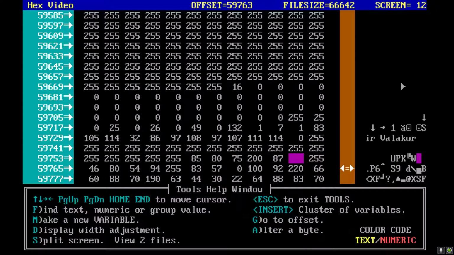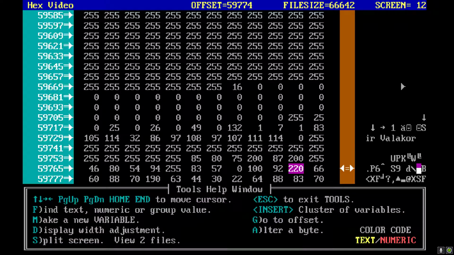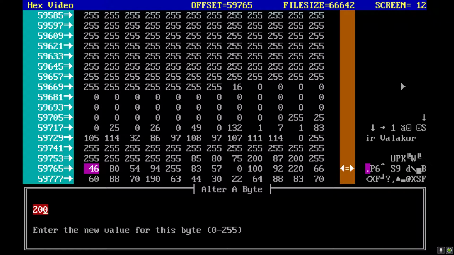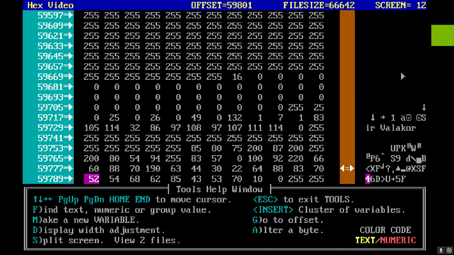But anyway, we're going to change his health to 200. I think for late game, 200 is just a good number, if you want to be nice and powerful. 100 is still a little low for late game. So let's go ahead and change that to 200, 200. And now we've already got his magic to 200, so we can go ahead and move on down to his